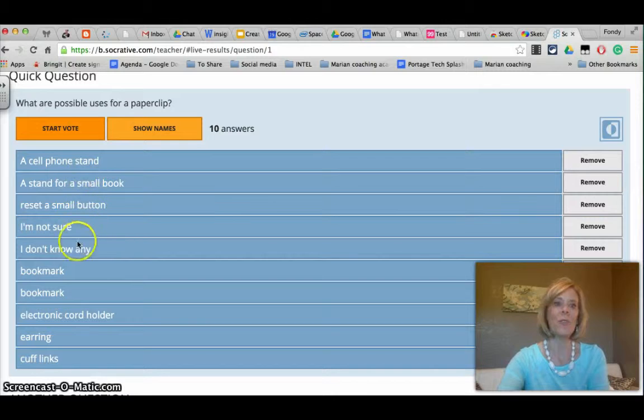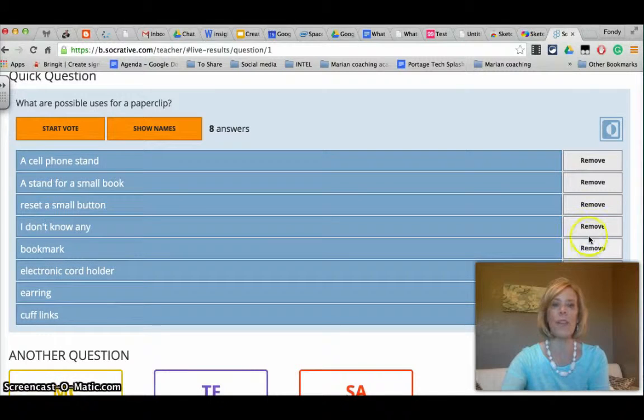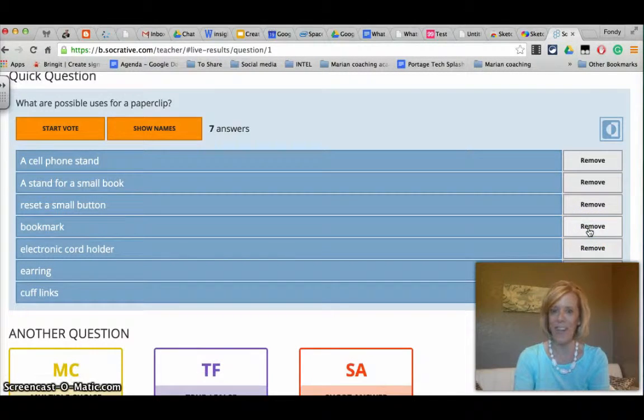I can also go through and we can talk about answers that maybe aren't good answers, such as "I'm not sure." I can remove that answer from the group. I can also look and see if there's any doubles. I can remove one of the 2 so that we only get single answers. Once I've eliminated the list down and we've discussed it as a group and found some of the better answers,